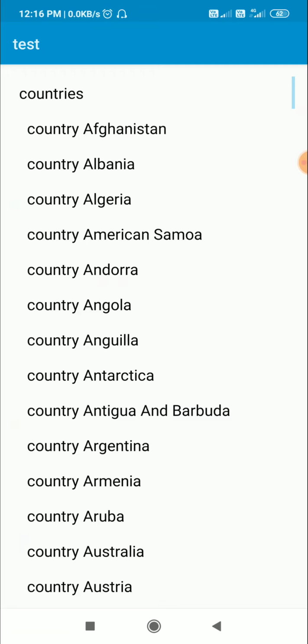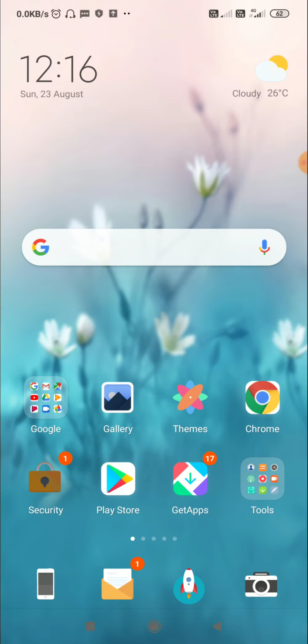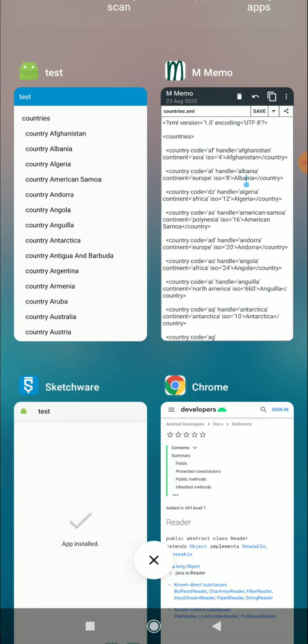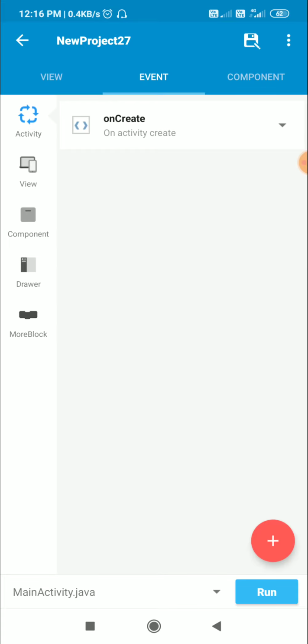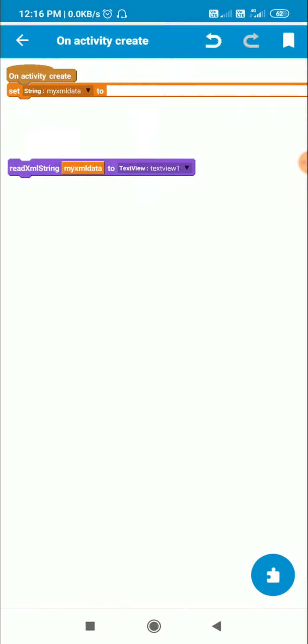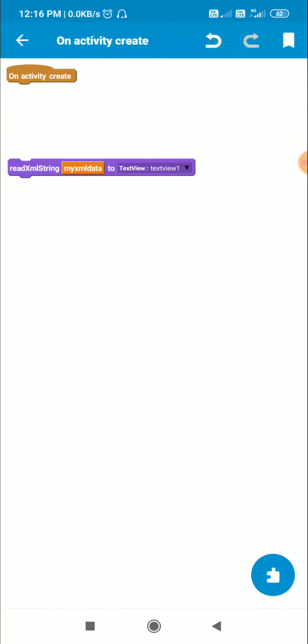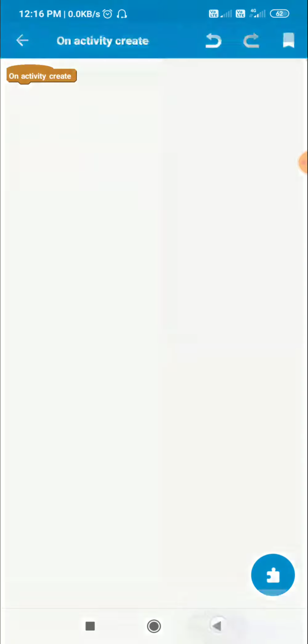Now if we have to put the file in assets folder, then I will show you how you can read it. So I will remove this, and I will remove this also.